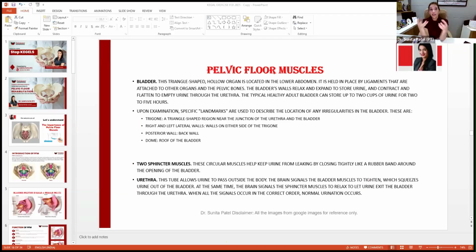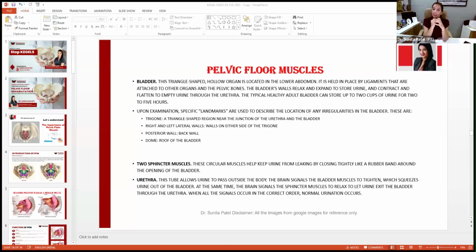Why? Because there is no proprioception. The patient doesn't know what to do because the muscles are not active. They are inactive muscles. When there is no feeling of the examiner's finger, whether it is one finger, two fingers, or three fingers, they say, no, I can't feel. In these cases, the patient doesn't know what to do, and you give them the Kegel squeeze because of weakness, saying squeeze your pelvic floor, do Kegel exercise. So yes, definitely the answer is right: you cannot give Kegel to this patient.